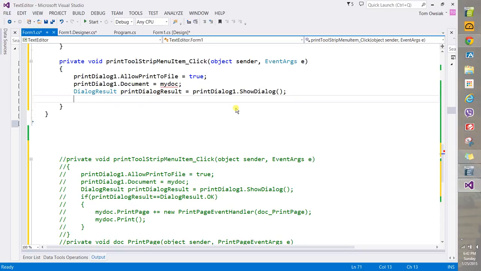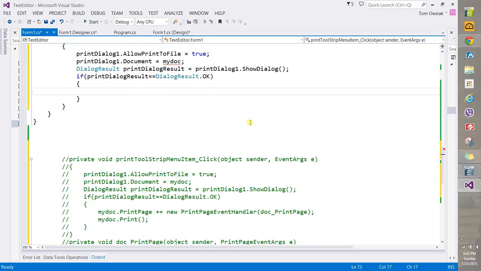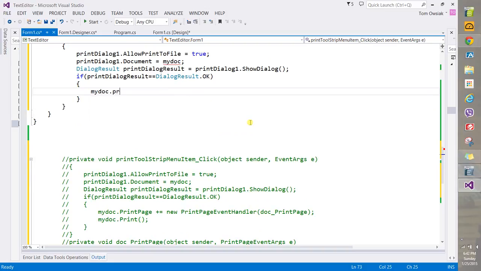Okay. I'm just showing you another way of doing it. Then you can say if print dialog result equals, and then you're going to say here dialog result dot okay. So let me make sure I have not misspelled anything here. No, that's all good. Okay, change that to dot okay. There you go. We're going to do the following. We'll type my doc dot print